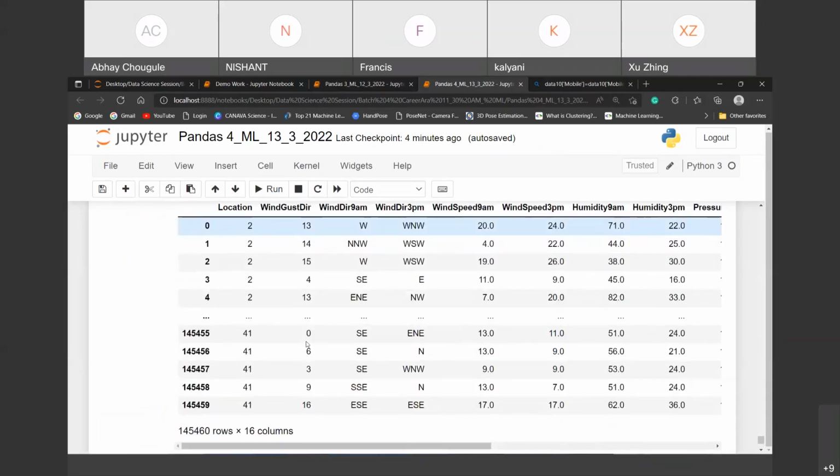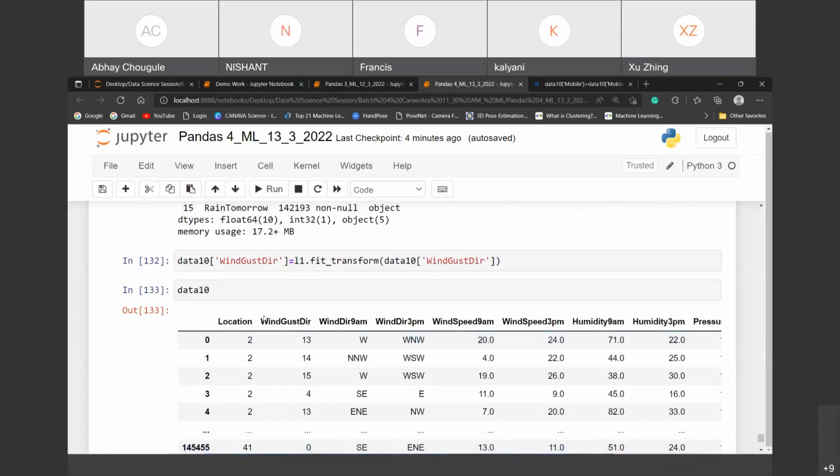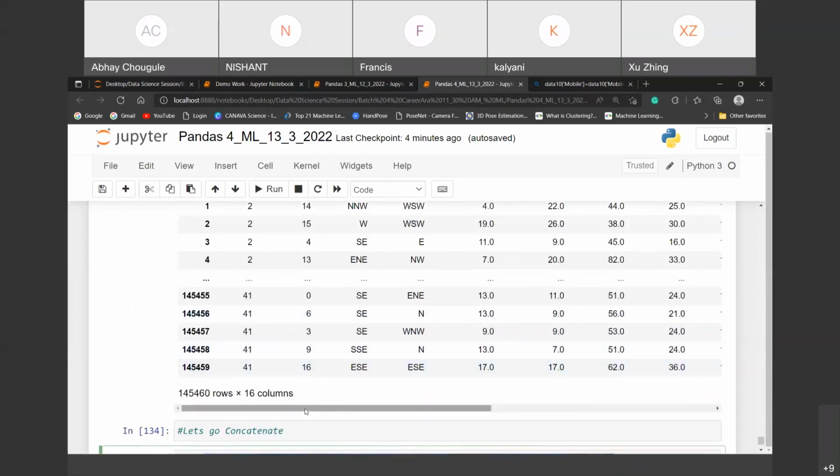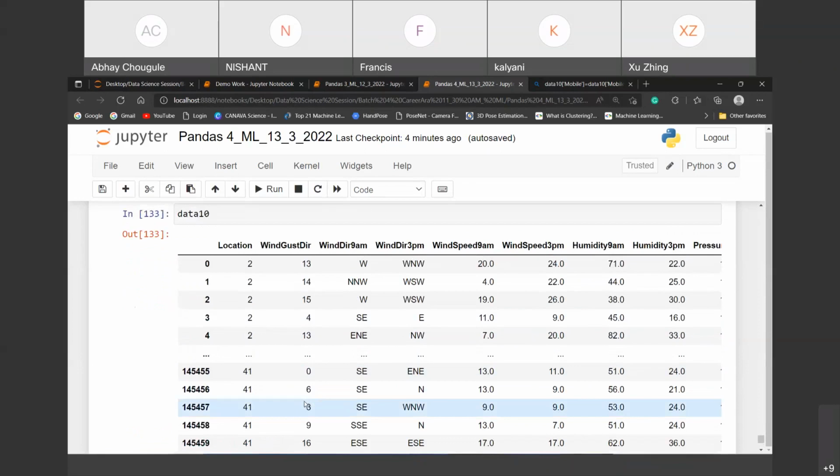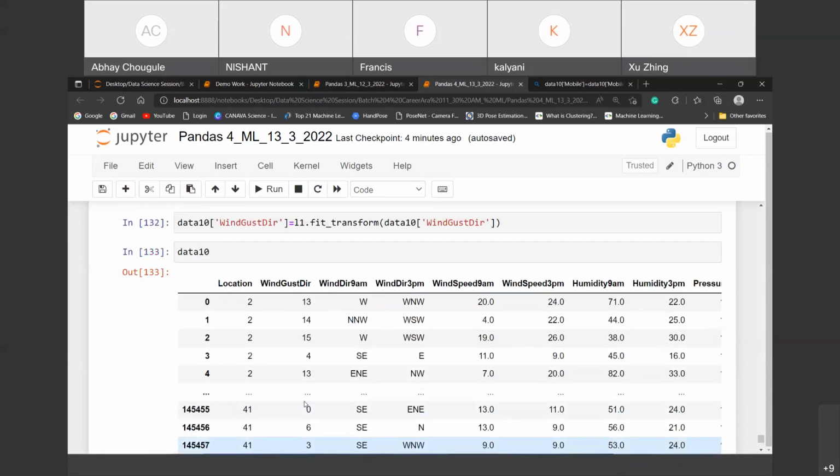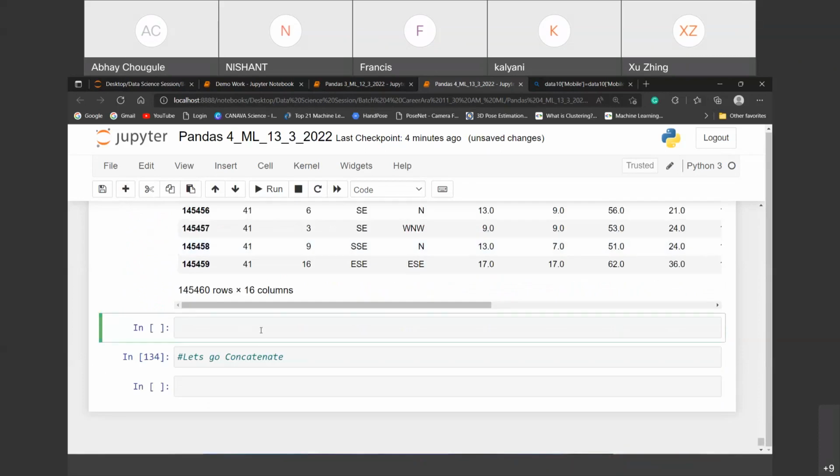The data set column size should be the same, right? Why not first slice down the data and then go for concatenation? Wait, I'll do one thing. X is equals to